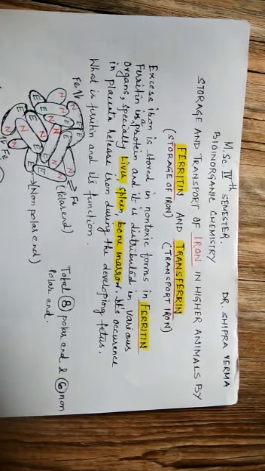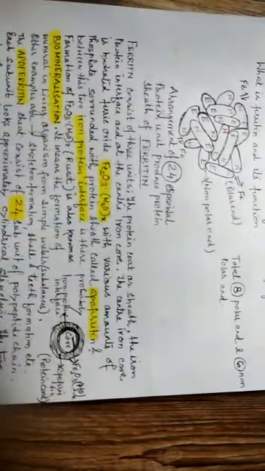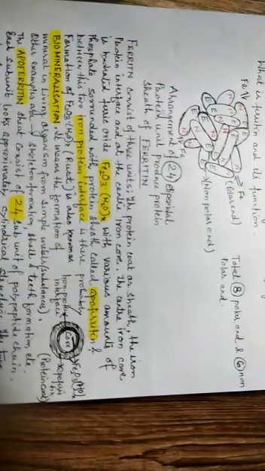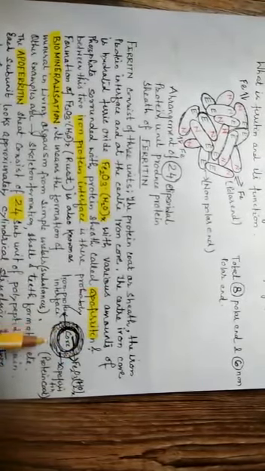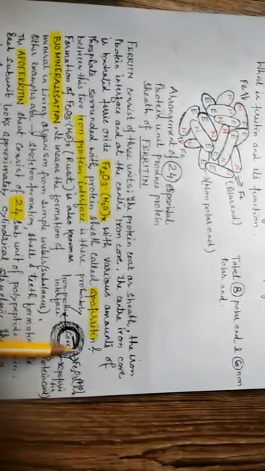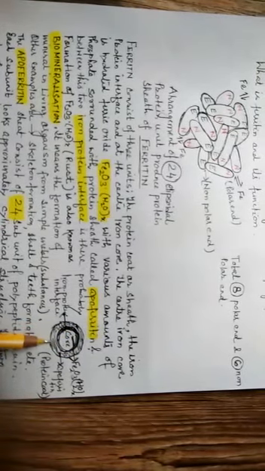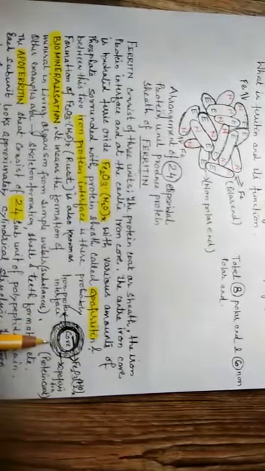The structure of ferritin consists of three parts. The center portion is the iron core. Here you can see in this figure, the center portion is the iron core, which is surrounded by a protein sheet or protein coat, which is called apoferritin. And between these two, there is an interface between the iron and protein part.